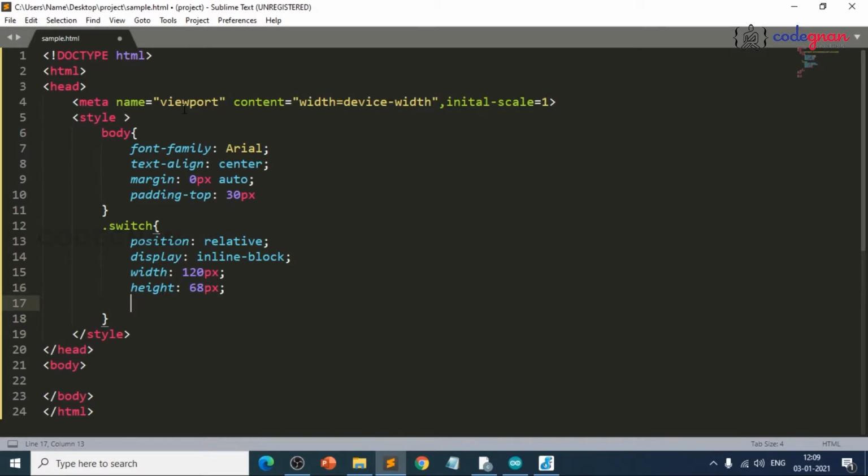These are the things for the switch we need to place in our web page. For that we are writing the properties here.